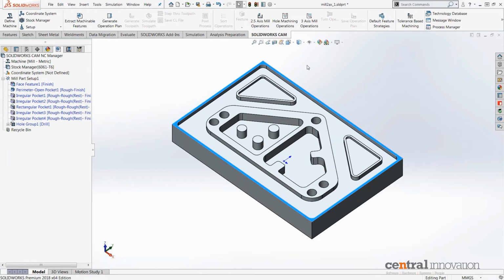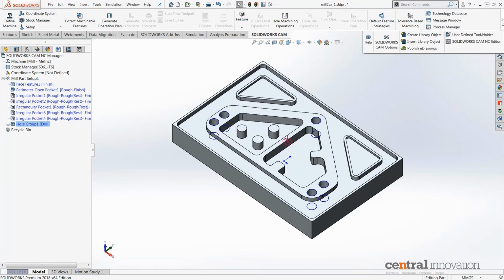One thing I'll just point out here is that obviously it's gone through and identified a number of features. If I just click on those features, it'll show me the various pockets that it's picked up. The way that it identifies those features is actually set in the options. So if we go to SOLIDWORKS CAM options